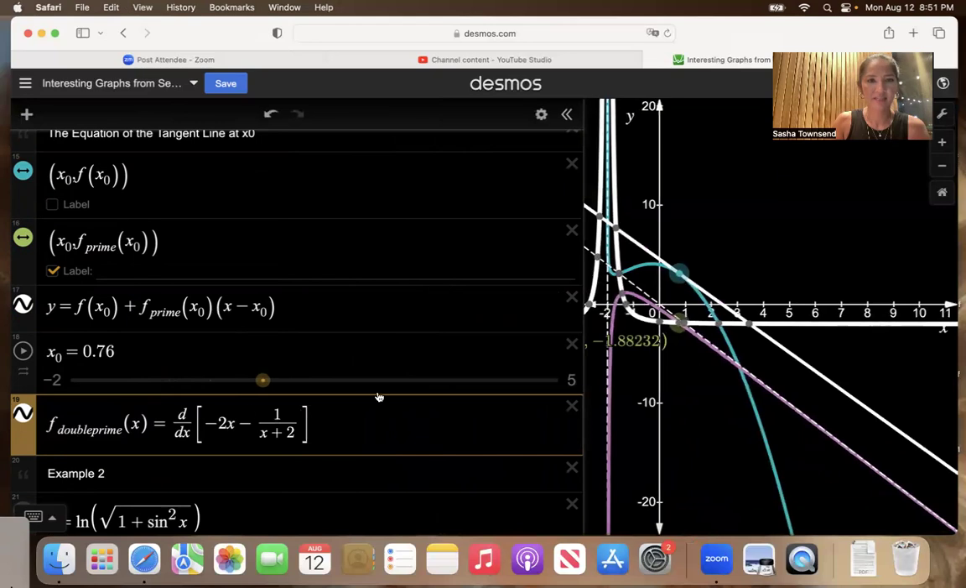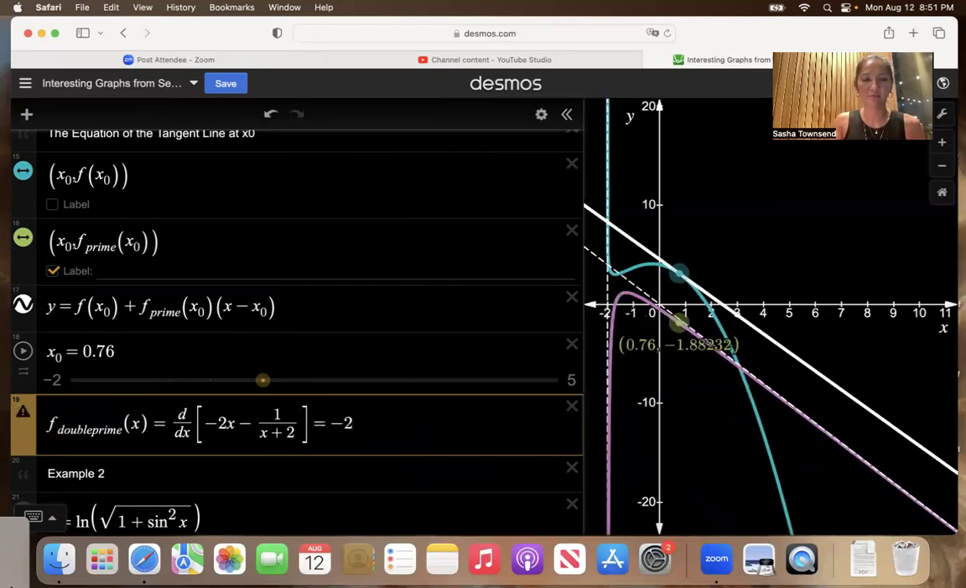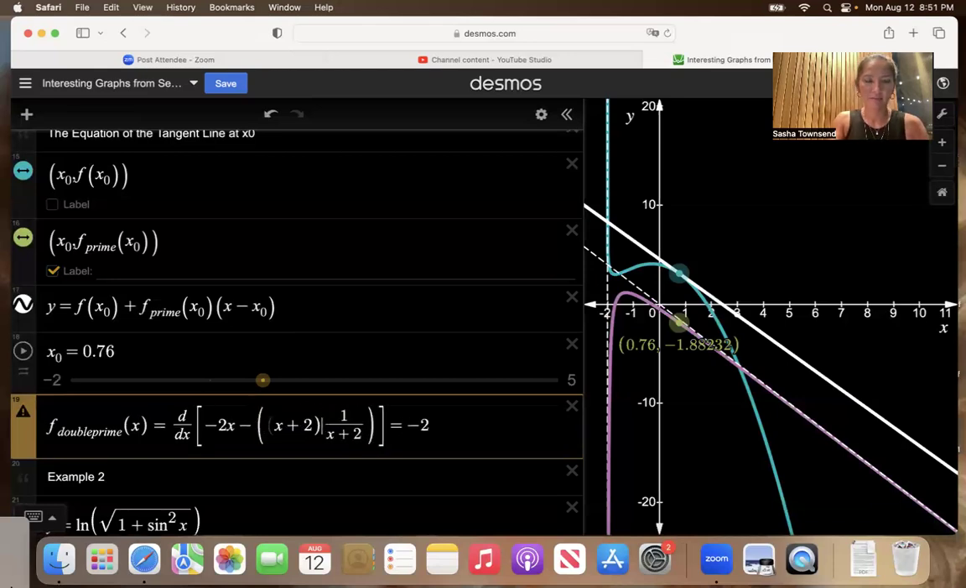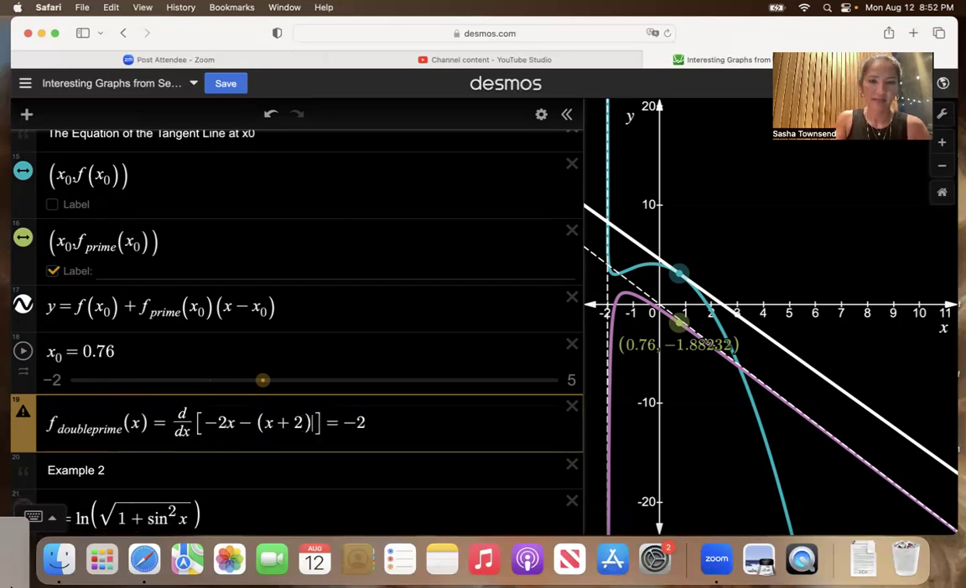And that's relatively easy to do. The derivative of negative 2 times x is just negative 2. And this expression we can rewrite as x plus 2 to the negative 1 power. When it's written as (x plus 2) to the negative 1 power, it's easier to see how to use the